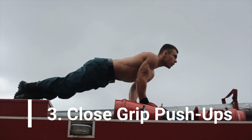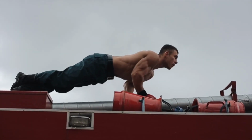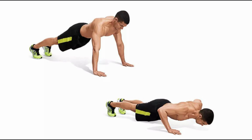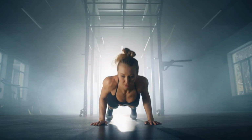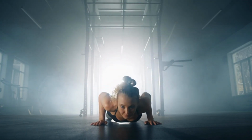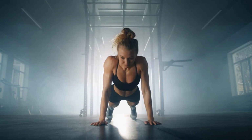Exercise 3, Close Grip Push-Ups. Close grip push-ups are an effective way to target your triceps and build strength. To do this exercise, begin in a plank position, with your hands slightly closer together than shoulder width apart. Bend your elbows and lower yourself until your chest is just above the ground, then press back up to the